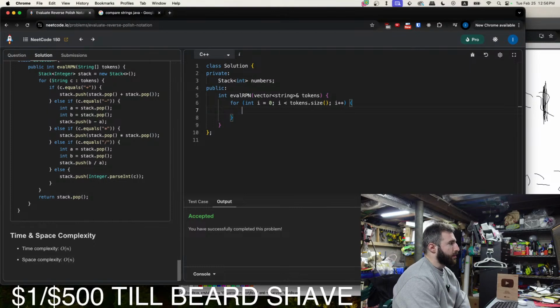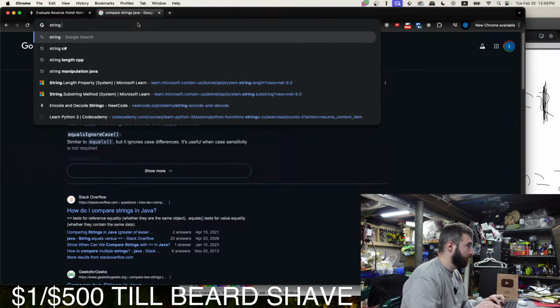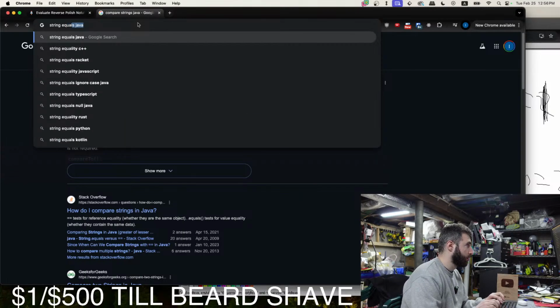So this string stuff, I wonder if there's a dot equals for C++, or if you can just use the double equals operator. So let's check it out. So if tokens I is equal to, let's just be sure, string equals C++.